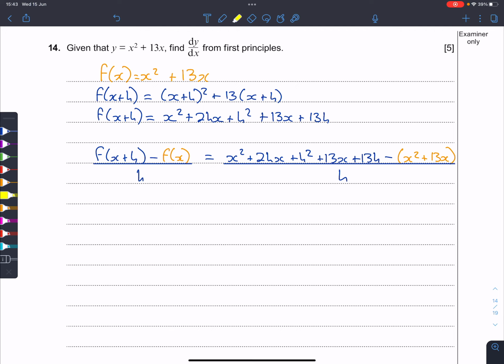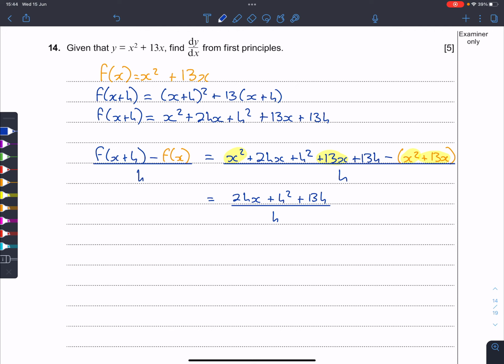So what we should be able to do is cancel out everything in the bracket. So I've got an x squared, take away x squared. That's going to cancel. And then I have a 13x, take away 13x. So that's going to cancel as well, which leaves me with 2hx plus h squared plus 13h all over